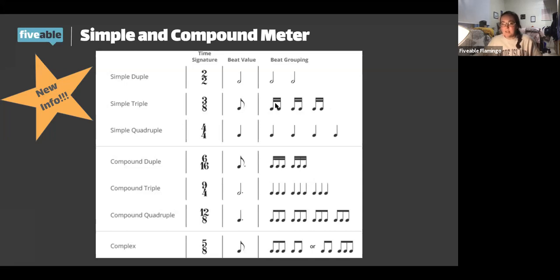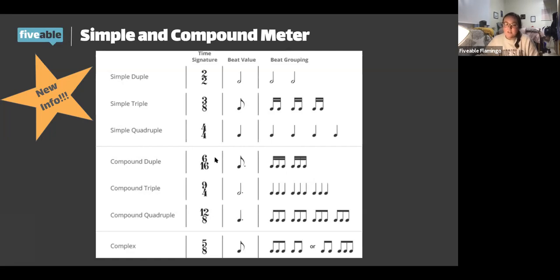It makes more sense when you're looking at it and doing it on a worksheet, so I'm going to try and find a worksheet on this for you guys. I think I might actually have some in the Notion already, and they're under the rhythm category. But it's when you can divide things into groups of 2 or multiples, like 2, and then here we have 4, stuff like that. So these are simple,